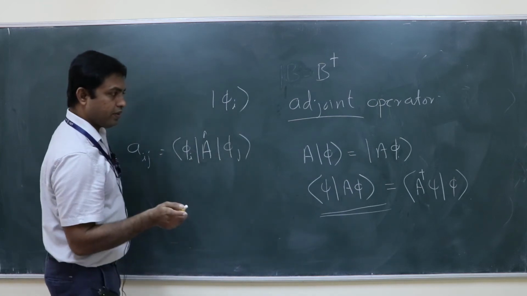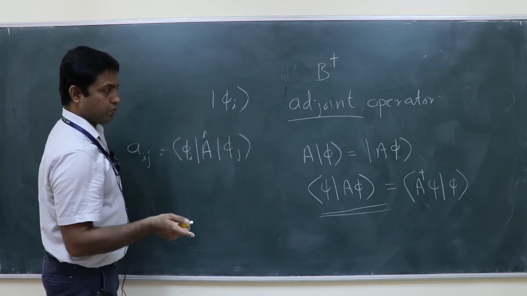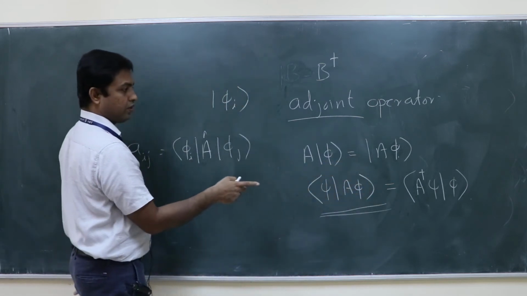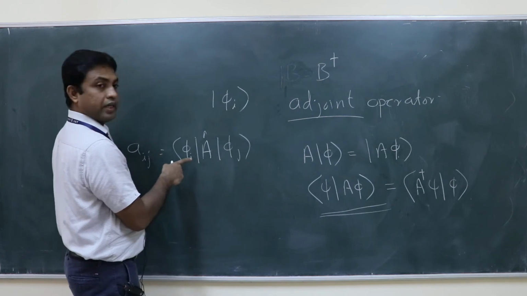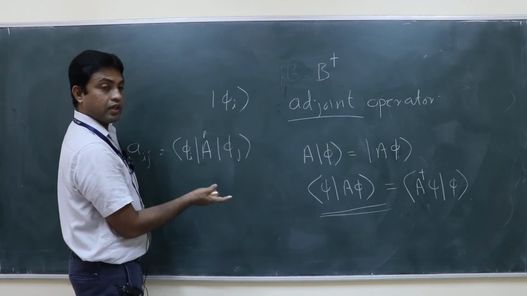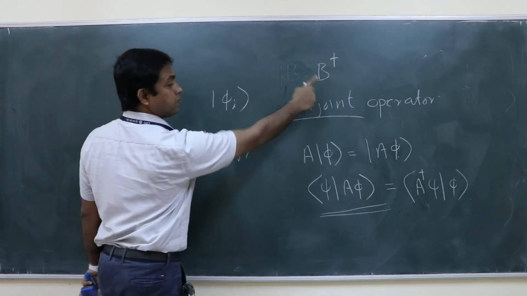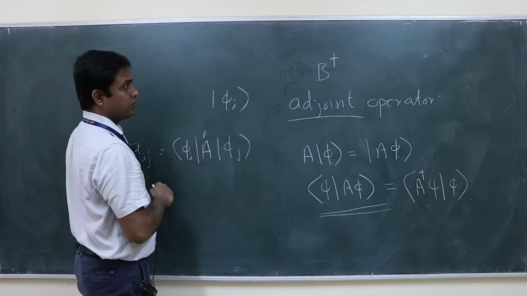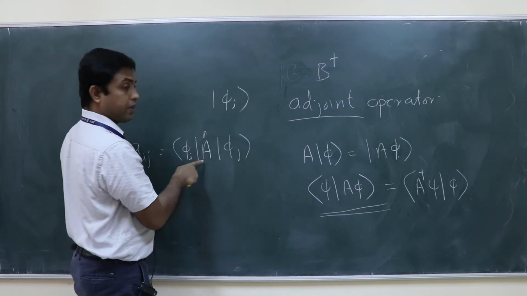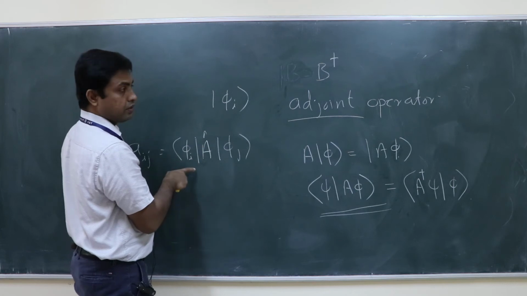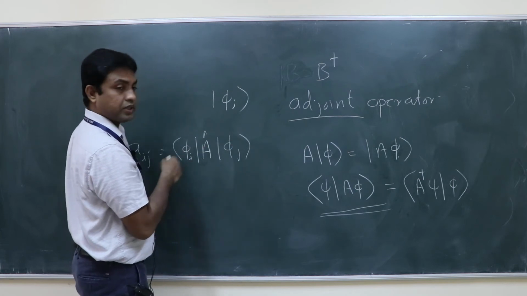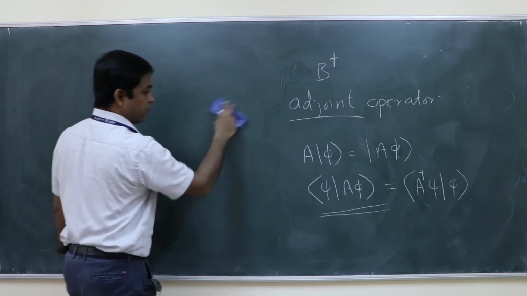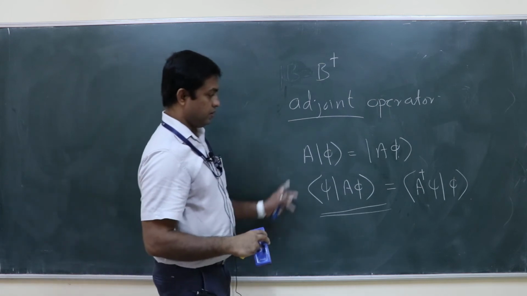So for a finite dimensional vector space, if you want to find the adjoint of any operator, you can take the matrix representation and find its adjoint matrix, B dagger. That is the same as the adjoint for the finite dimension. For infinite dimension, that is not true. So is this concept clear for an adjoint operator?